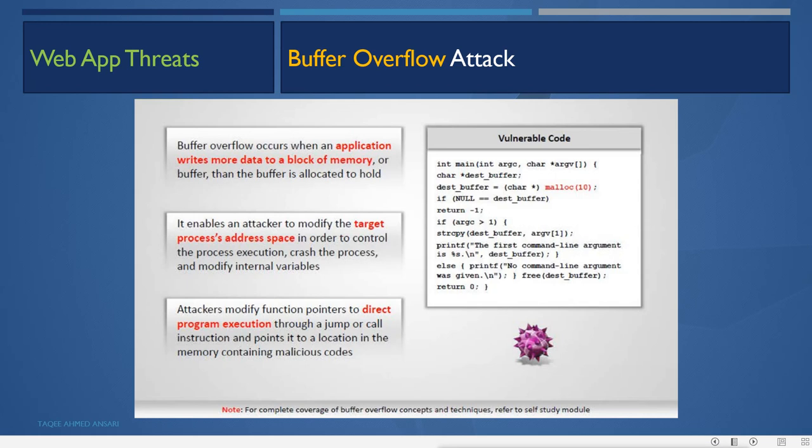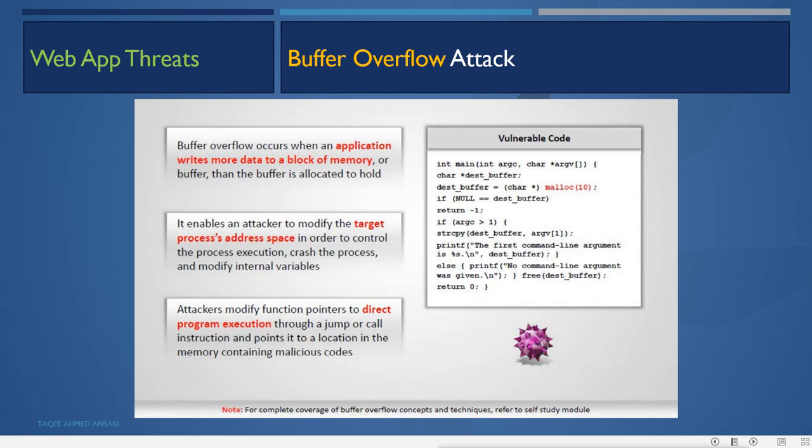So when the application executes, the process has a unique, limited memory. Now what this buffer overflow attack does is try to write more data to a block of memory, or buffer, than the buffer is allocated to hold.